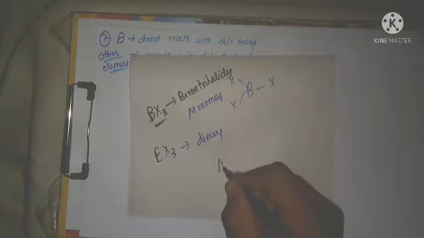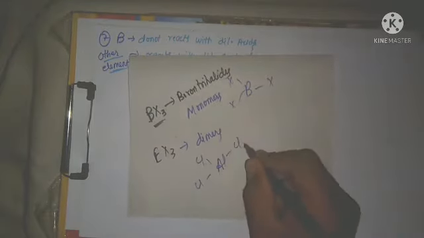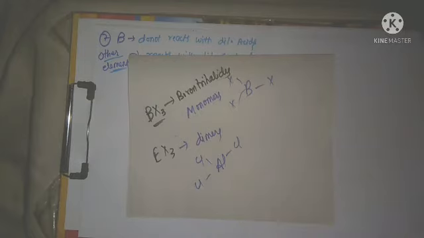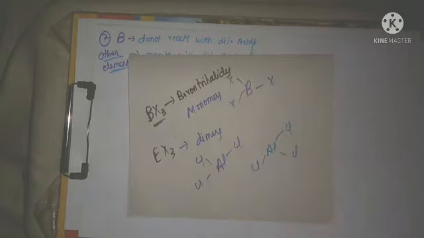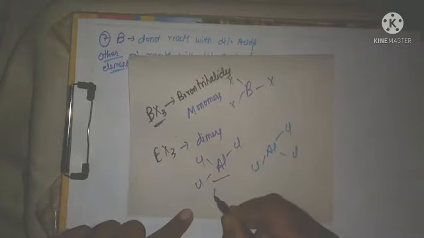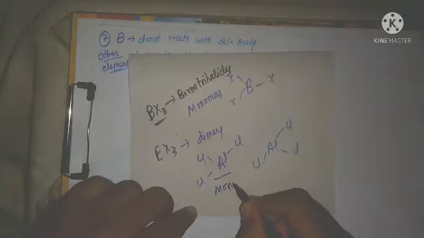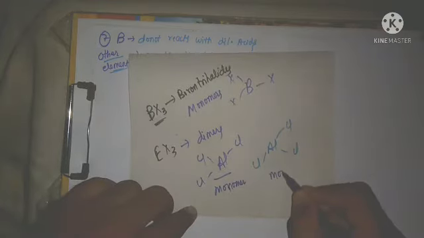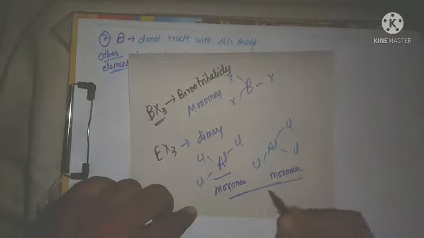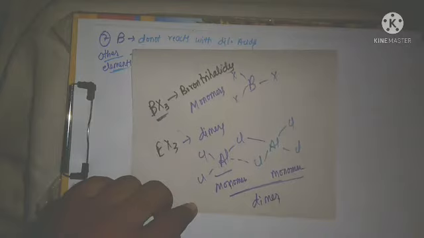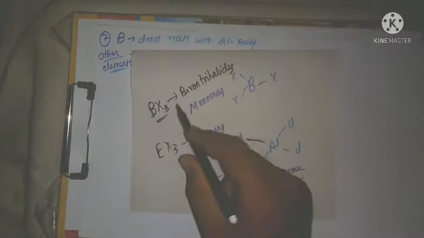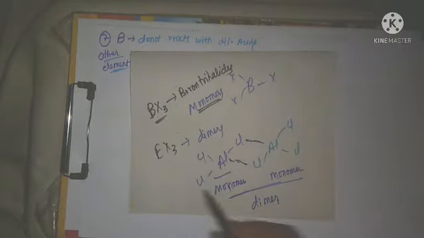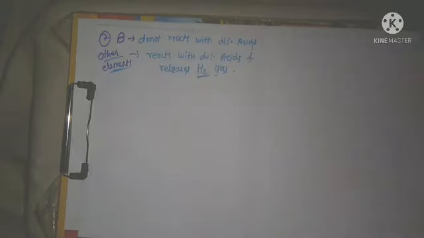For example, aluminium, Al, Cl, one aluminium trihalide is right here. It is AlCl3, aluminium trihalide, means it is one monomer. Here it is another monomer. How many monomers did I take? Two. Therefore it is called a dimer. Here in this way it will form the structure. Boron trihalides are monomers, whereas other elements' trihalides are dimers. That is only I am writing, last one.